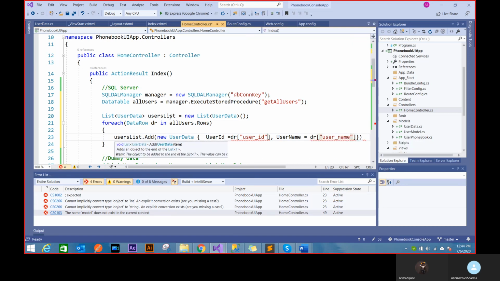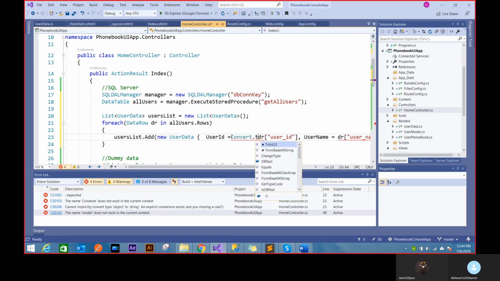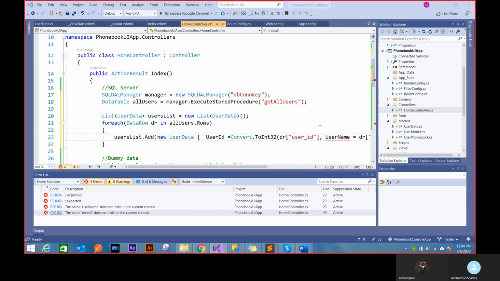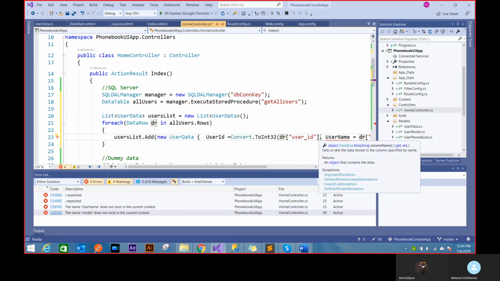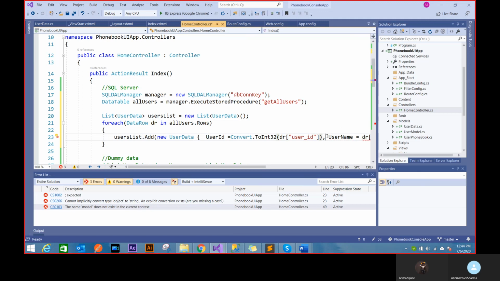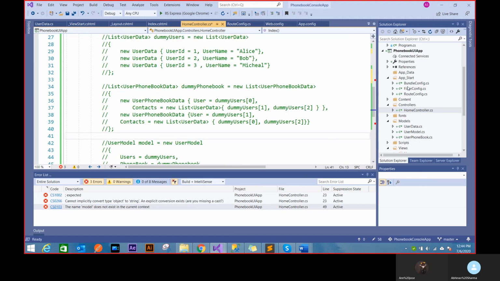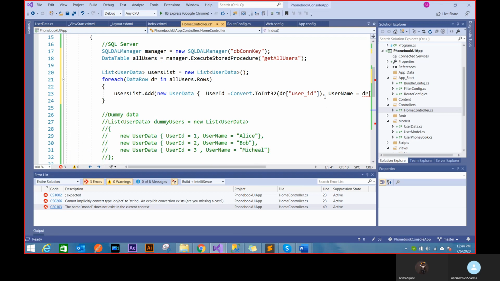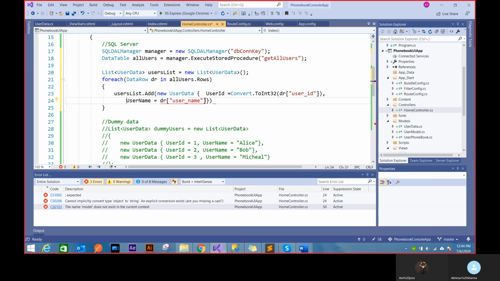Now the problem is this is a specific type. This is int, and this is string, and this is going to be object. So I'll just convert it into the right format, and this will be toString.